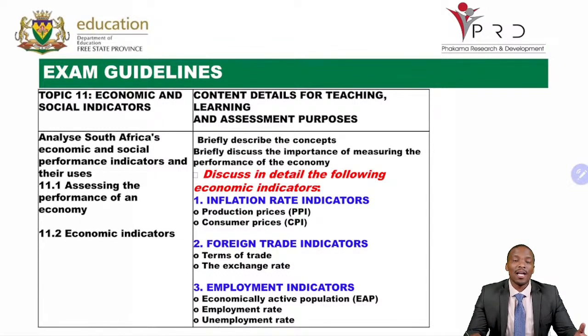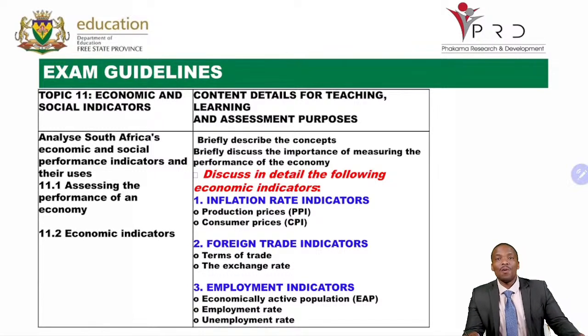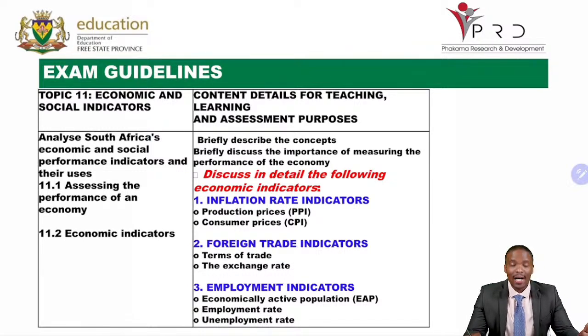Then we're going to be looking at the foreign exchange or foreign trade indicators. We're going to be looking at terms of trade and the exchange rate. Then employment indicators, we're going to be focusing on EAP, which stands for economically active population, employment rate, as well